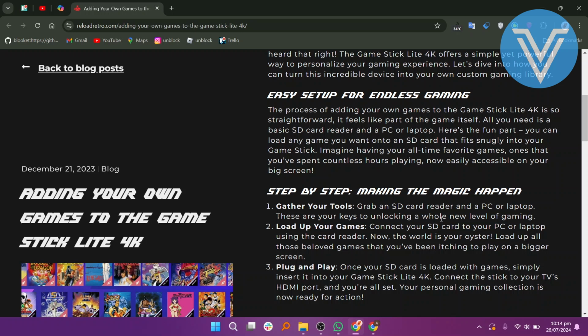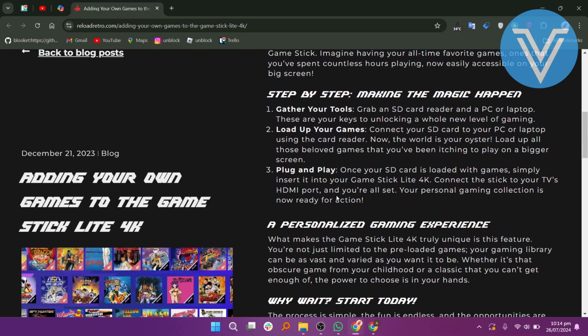Drag and drop the game ROMs from your computer into the corresponding folders on the SD card. If the folders are not clearly labeled, you might need to refer to the user manual or create your own organization system. After transferring the ROMs, safely eject the SD card from your computer and insert it back into the